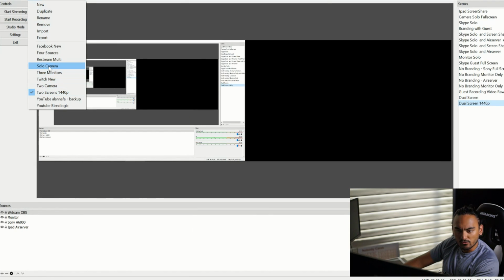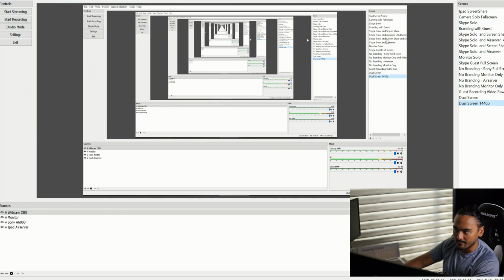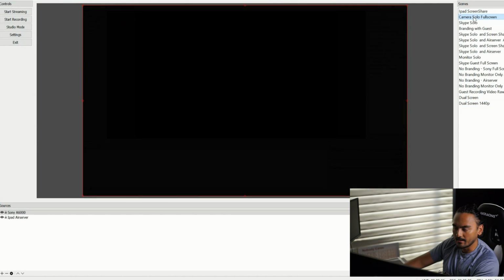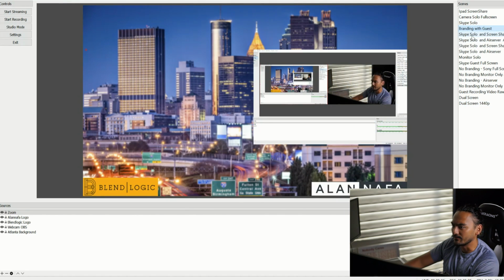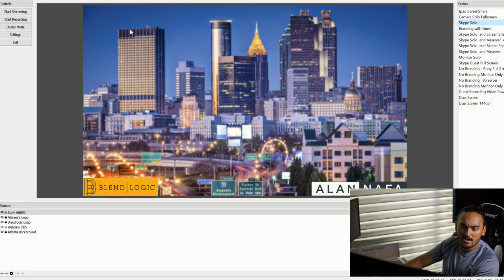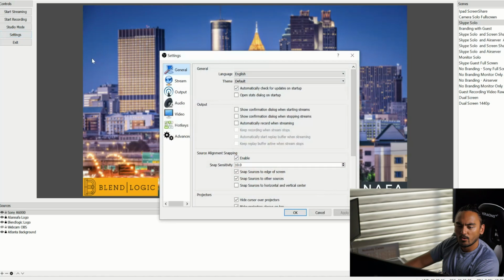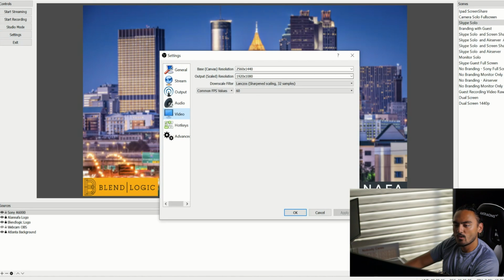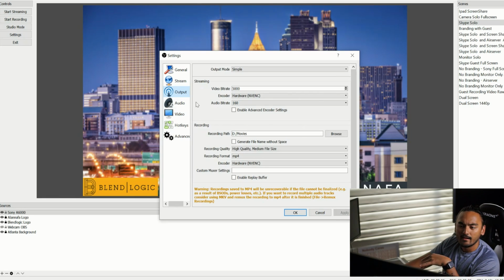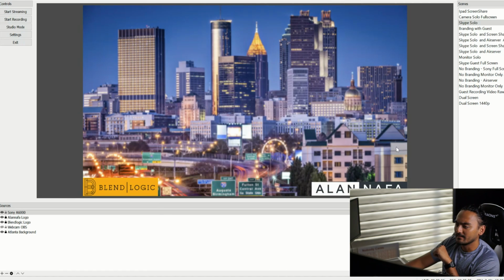So if we go to my Restream, this is what I use to make my content and have different pieces available. If we check the settings of it, you can see that my monitors are 1440, but I downscale to 1080. Something that can help you stream if you have low bandwidth is also checking these video bitrates. And another thing is, if you haven't seen my previous video, I talk about how you could have